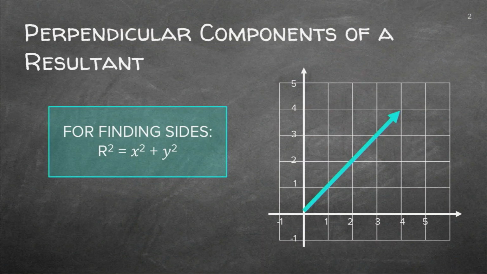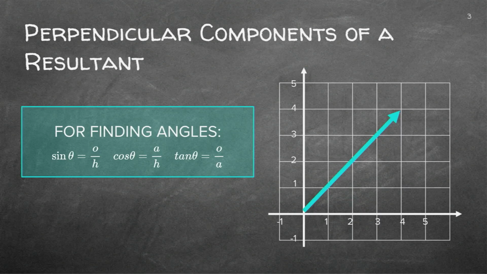If I have a vector like this one here, I can find the x and the y components by using trigonometry. If I have the angle, I can find the sides. If I have the sides, I can find the angle. So what would we do? We could find angles with the trigonometry relations. Be careful that you identify the right sides, the hypotenuse, the adjacent, and the opposite sides, and then use the correct ratio: the sine function, the cos function, and the tan function.